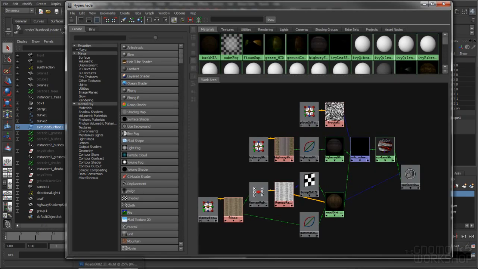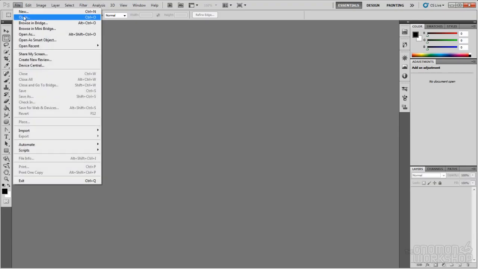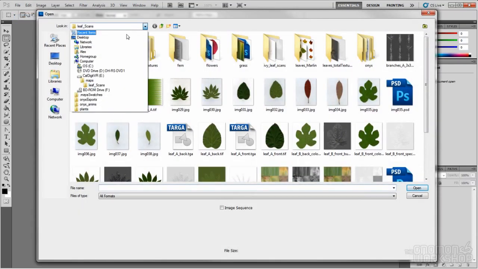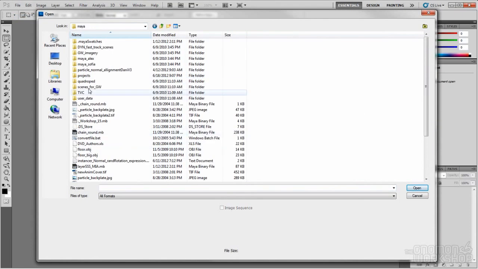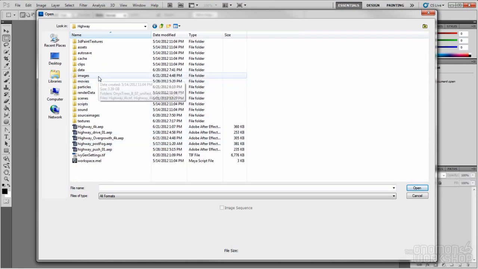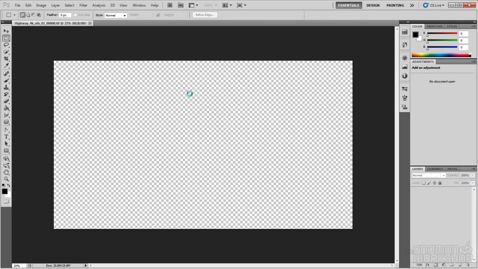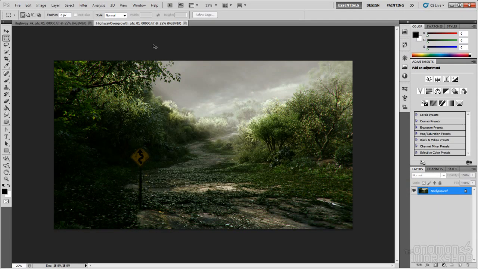And let's go to Photoshop real quick. Let's close that out, and let's go back to finding the renders. Projects, highway, images, that guy, and that guy. Copy, close, paste. All right. So in this render,